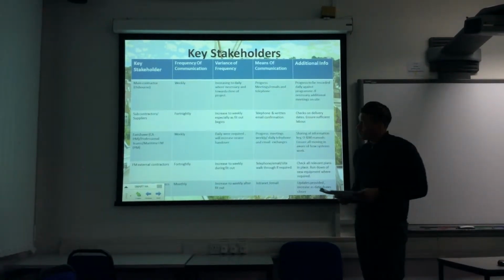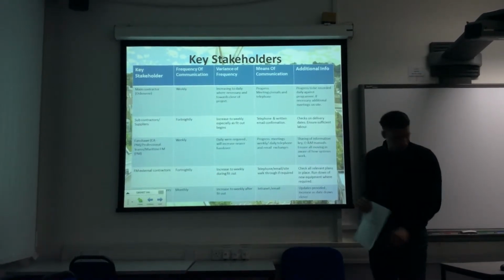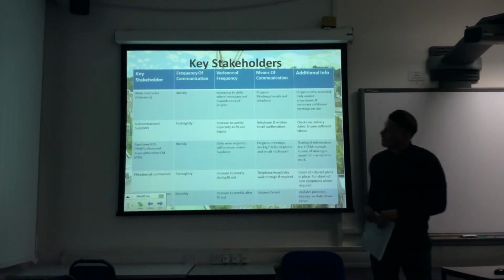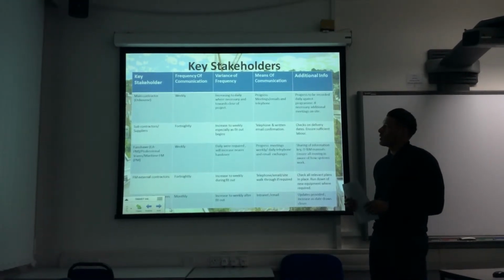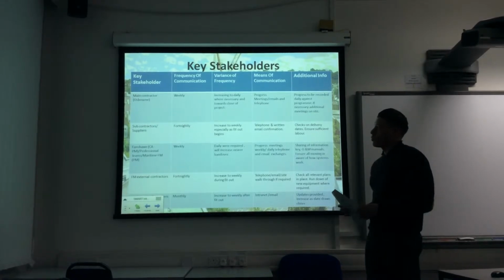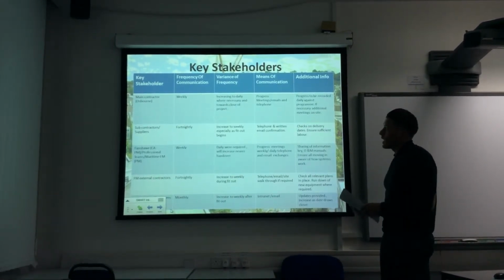So, here we have a list of pick of the key stakeholders. First of all, we can start off with Osborne, who are the main contractor. Now, the second column describes the frequency of communication. With Osborne, this was done on a weekly basis, and the variance of frequency, as we're nearing the end of